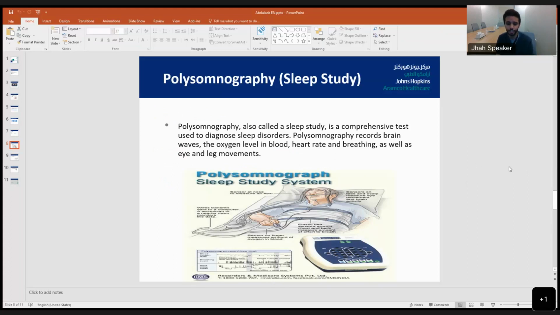So we ask the patient to come to our lab. We hook all of these electrodes to his head, chest, fingers, everything. We monitor his brain activity, we monitor his chest movement, we monitor his airflow in the nose, everything. Because you want to record and witness the episodes of apnea or hypopnea. So this test has to be done in hospitals and centers, and it has to be done at nighttime, and we need to monitor the patient continuously and closely during sleep so we can figure out how many arousals the patient had.